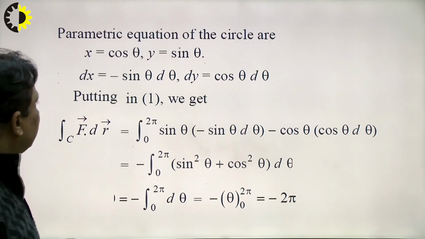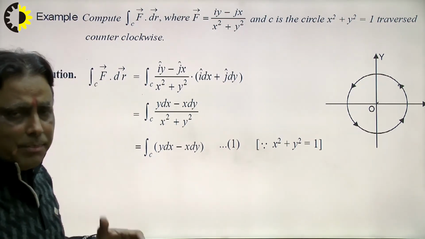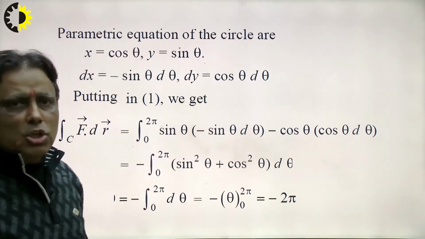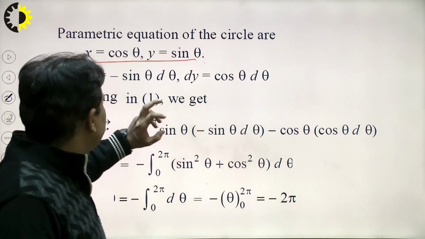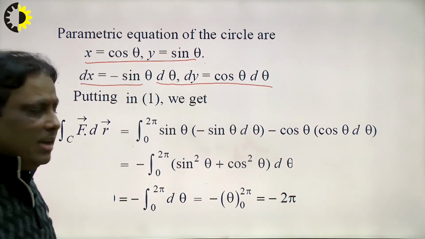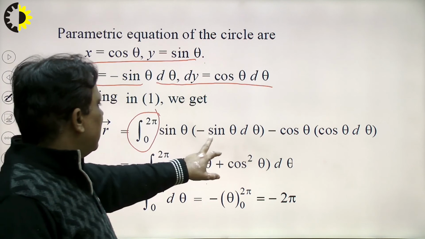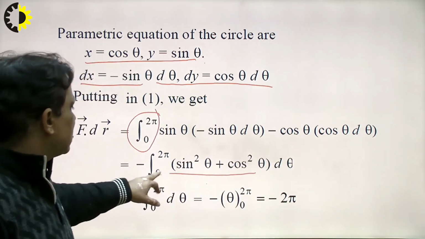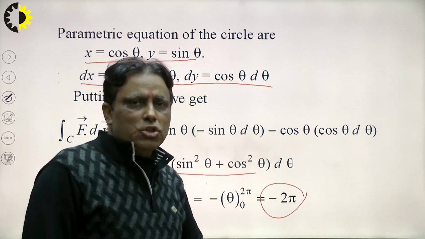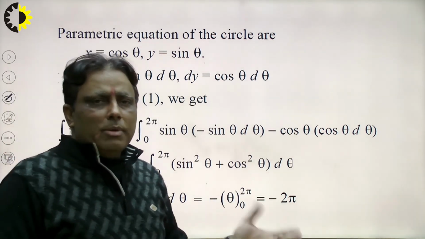We see that there are two methods to solve such type of problem. So we can convert into the polar coordinate, right? In the previous lecture I explained how to convert the Cartesian coordinate to the polar coordinate. x is equal to r cos theta and y is equal to r sin theta, dx is equal to minus sin theta, dy is equal to cos theta. And in the case of the circle, the limit of theta will be 0 to 2 pi, because it is a closed circle. We get minus sin square theta minus cos square theta, and we put sin square theta plus cos square theta is equal to 1, and the value of this is minus 2 pi. That means anti-clockwise movement.